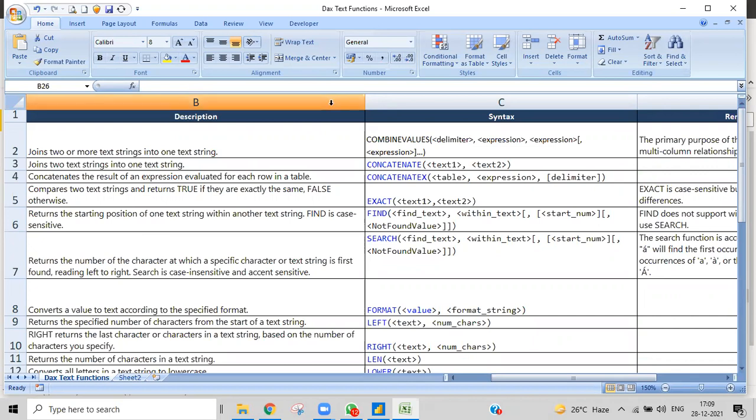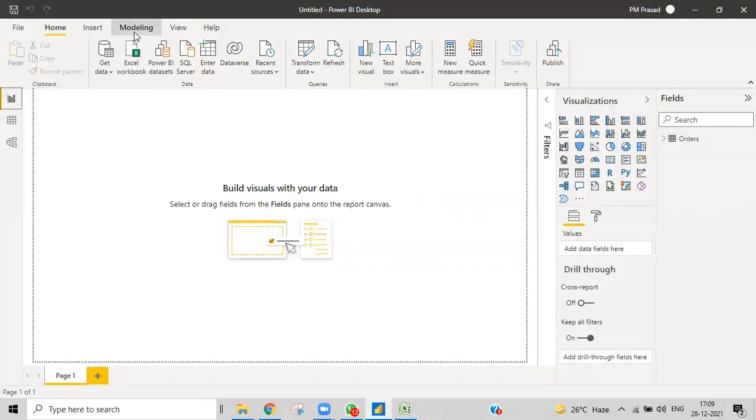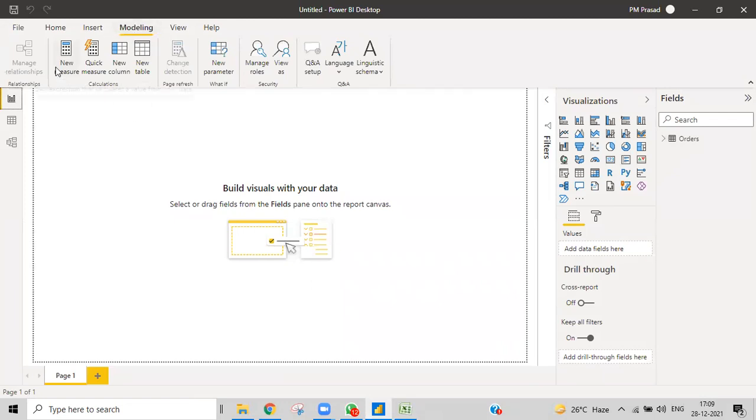Before going deep into this, I want to tell you a simple thing that you need to remember. There are three things to remember. Here you can see this is a measure. This is a quick measure, nothing more special in this; I'll tell you about it some days later. In this session we'll discuss the measure, the column, and the table. Whenever you want to create a new table, you go for new table. That will come maybe 2-3 days later, but in this session we'll learn about new column and new measure.